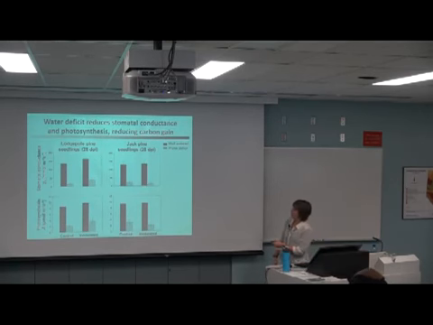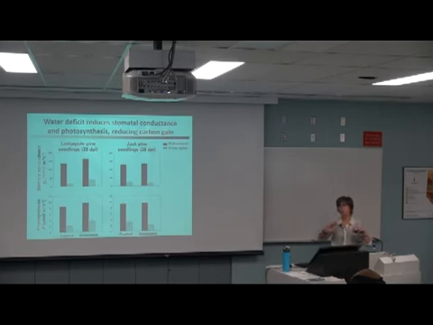So pines typically are conservative water users. So when they have low moisture availability, they typically close their stomata to conserve that water. And so that's what we see in our seedling experiments when we apply a water deficit, which is not super extreme, but it's extreme enough that we do see stomatal closure or decrease in stomatal conductance. And we see that photosynthesis also declines because of this reduced gas exchange. So this is in seedlings.